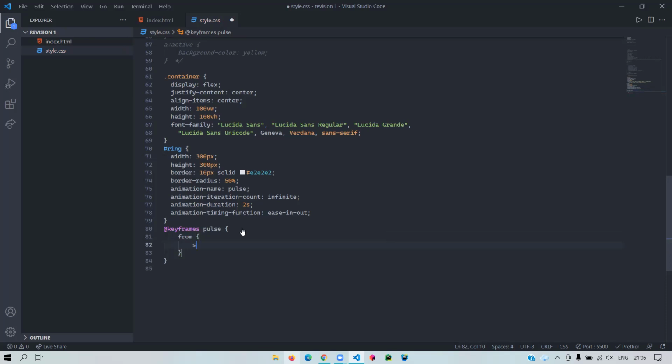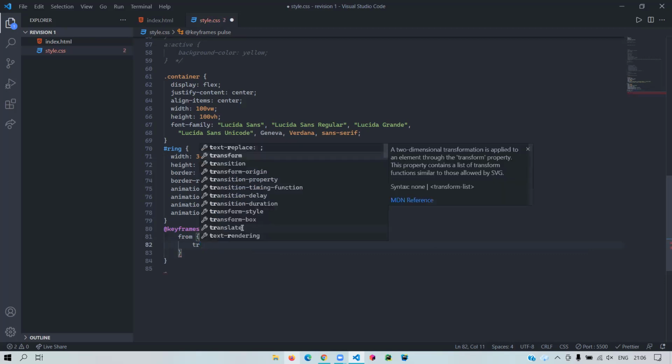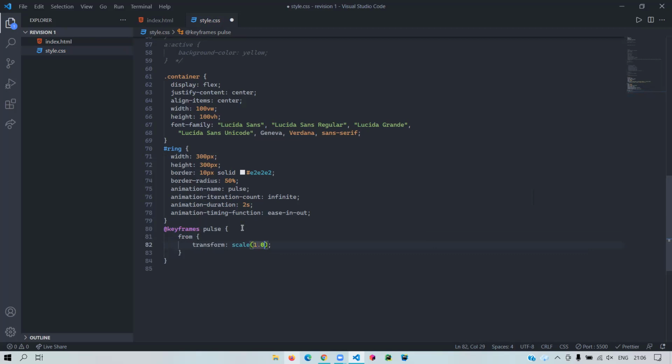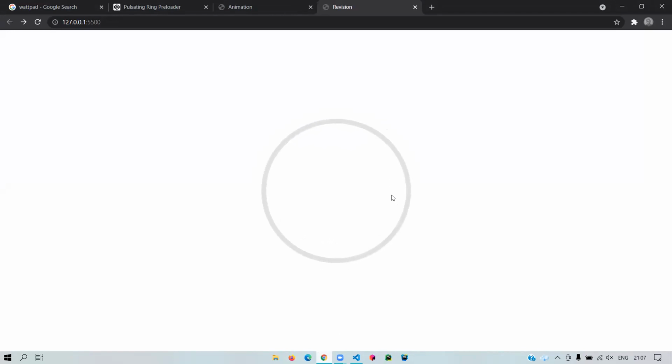So yes, correct. So as you can see, this is not at all smooth. This is growing and then it's returning to its original position because it's on an infinite count.